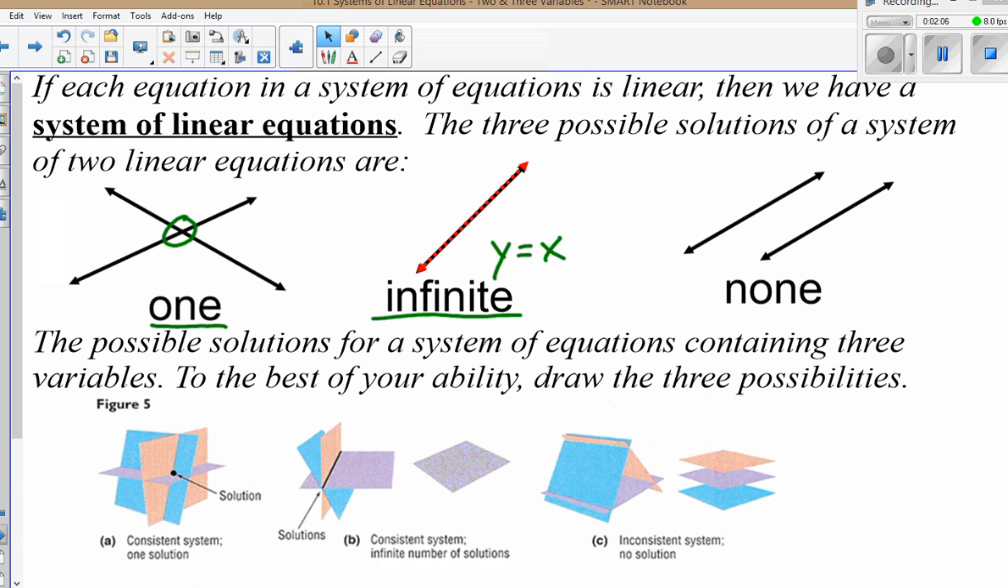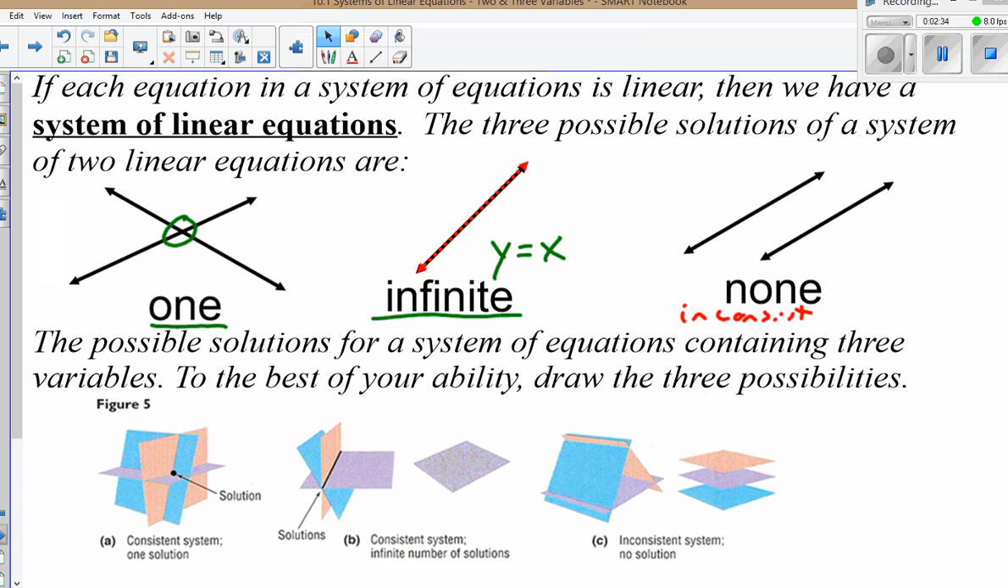And then your third option, your inconsistent possibility, is where you get no solutions. So you have two parallel lines, different points they go through. You're not going to have any points that are the same solution for both of those equations. So you're going to have no solution, that's inconsistent. So moving on to